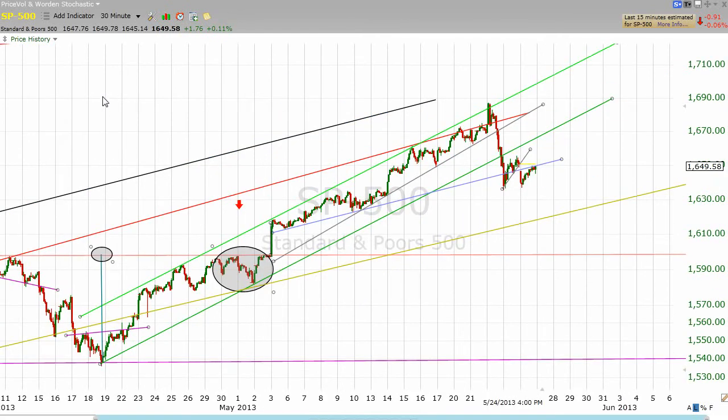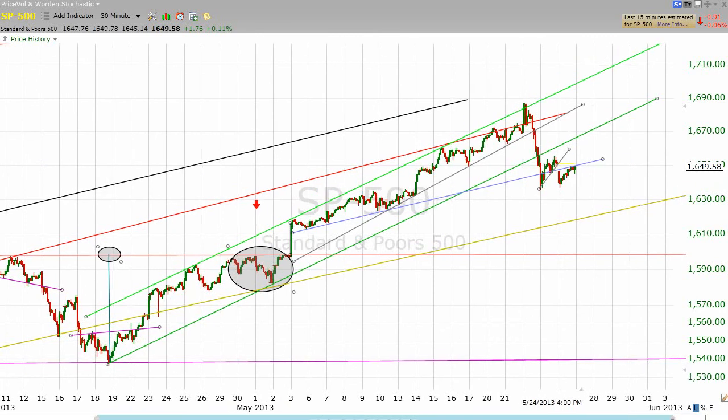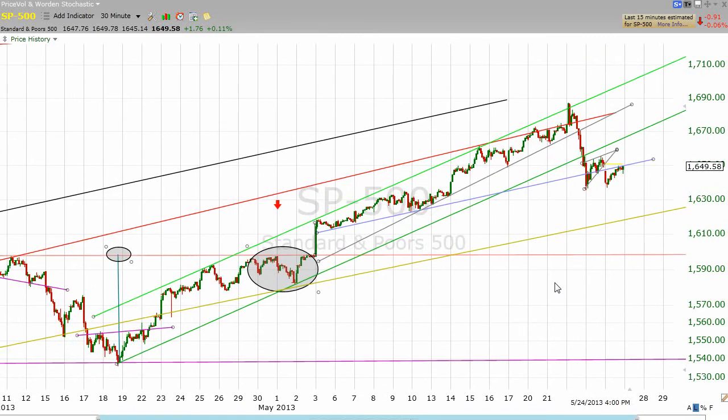Okay, moving into a much shorter time frame now, looking at a 30-minute chart, and I'll remind you that each candle on this chart is 30 minutes of trading. And we've been looking at this green channel that developed in the middle of April, coming off the lows of April 19th and just trucking right on up, with the idea that when this lower line breaks, that should be setting up